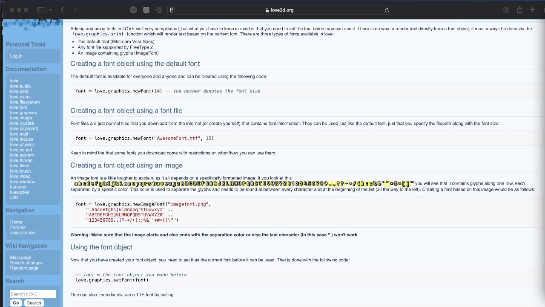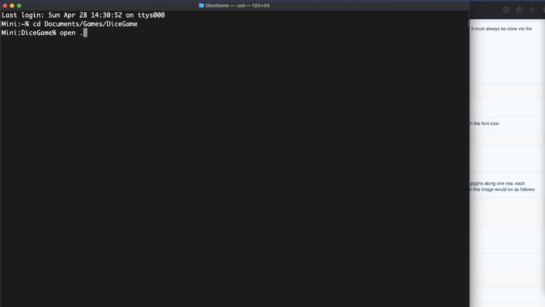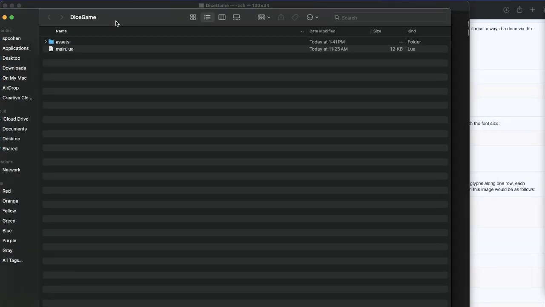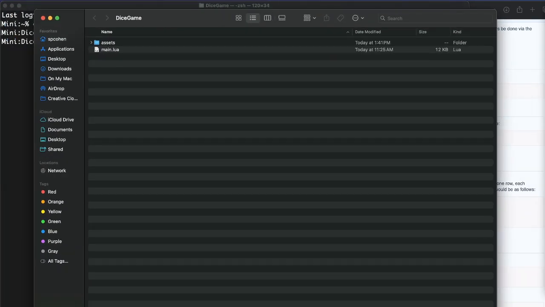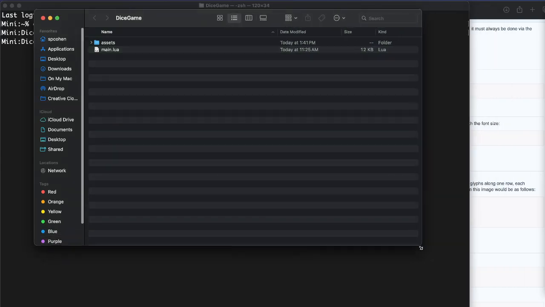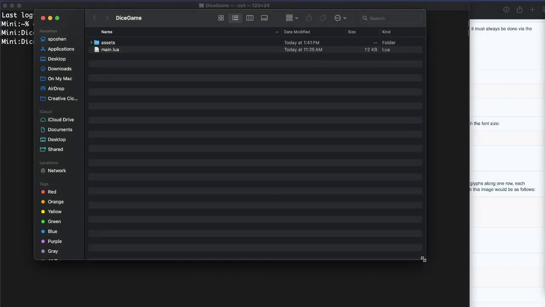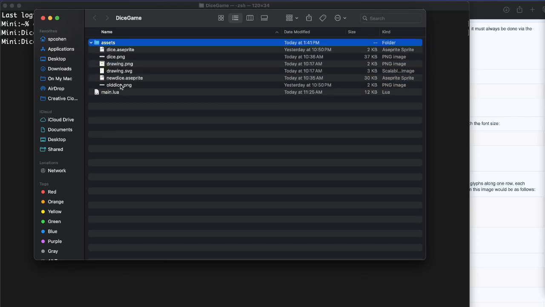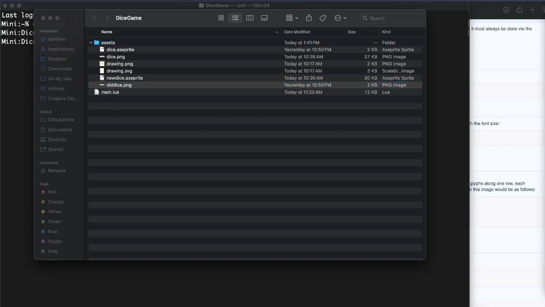So, I did a little work off stream, not a whole lot, but just making some nicer dice graphics, and it increases the presentation so much and makes it look so nice. It got me really excited about working. I wasn't planning on streaming again today, but these are the old dice,